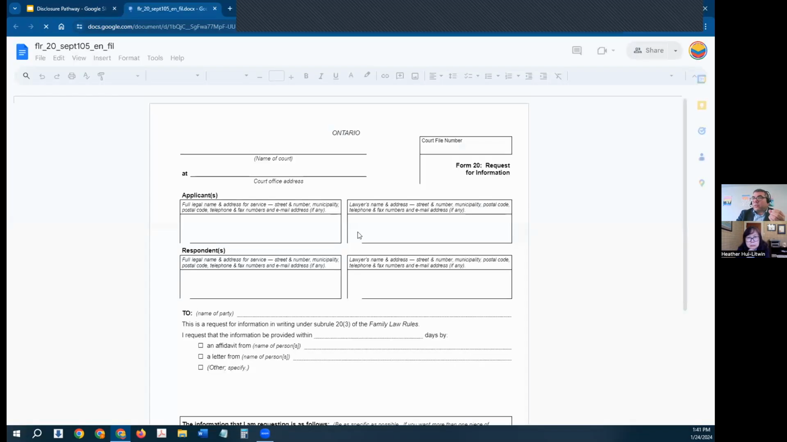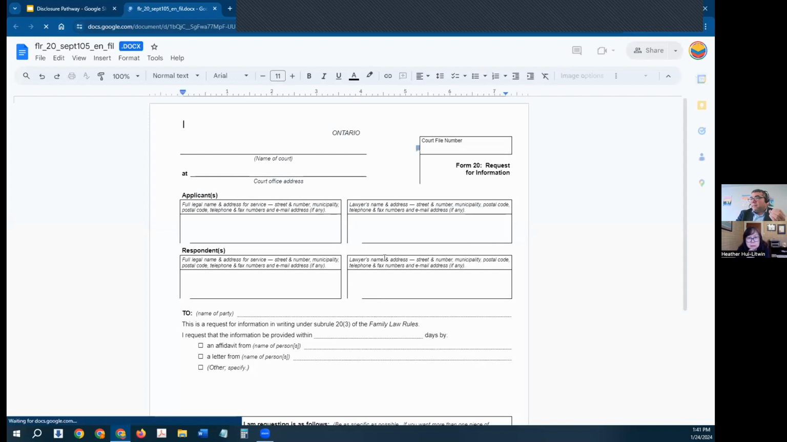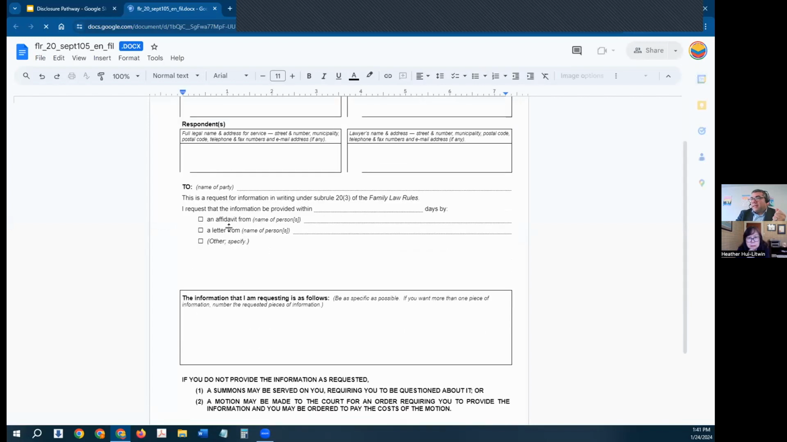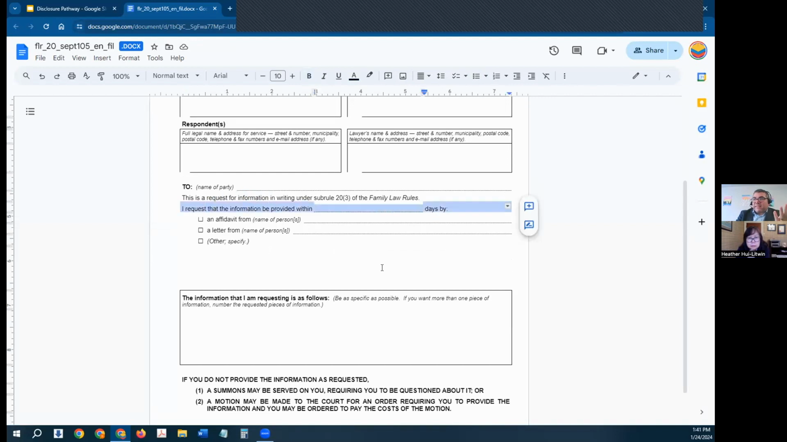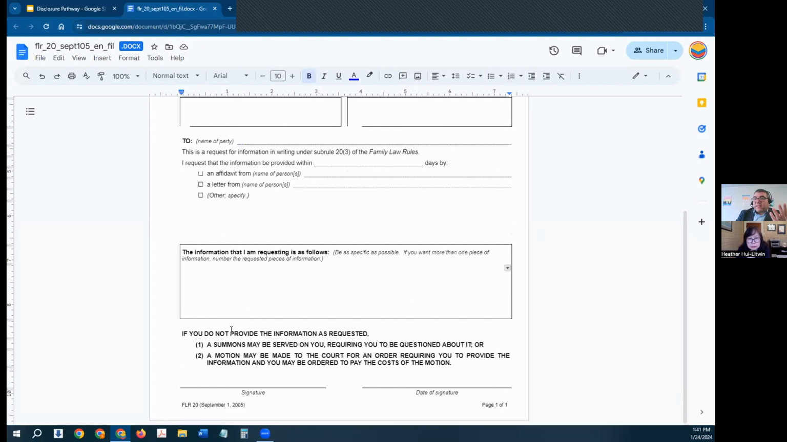Again, there's nothing special to it in my mind. You put the party's name here, and this is a request for information, and you're asking for it to be provided within X number of days. Usually we do 20 days or 30 days. And do you want it as an affidavit, or do you want the response just to be a letter or just the documents? And then here's the list. Here's the information I'm looking for. One, right? So if you're putting here 2022 income tax return,